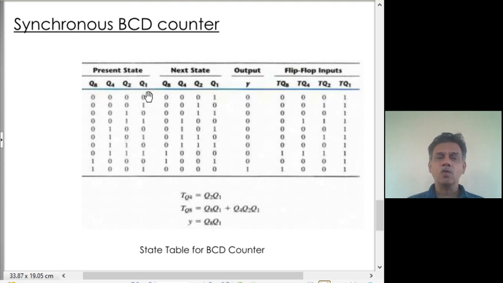Then TQ2 can also be easily arrived at. We just look at Q2 and Q2 plus. Both are zeros, so you have a 0 here. Here there is a 0, there is a 1, so there is a 1 here, and so on. This is how you fill TQ2. Similarly, TQ4 is filled by looking at these two bits. There will be a 0 here; if you look, this is 0 and this is 0, so there is a 0, and so on. That is how you fill TQ4, and then TQ8 is also filled in this manner.